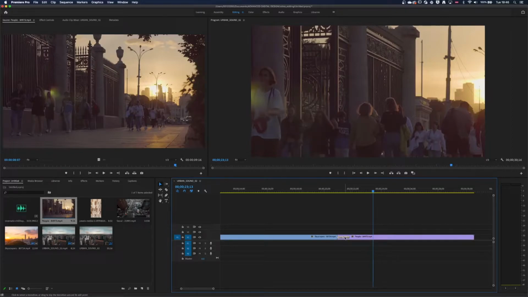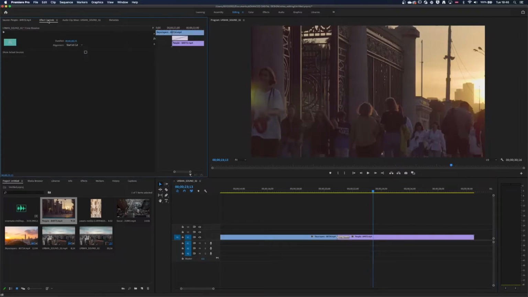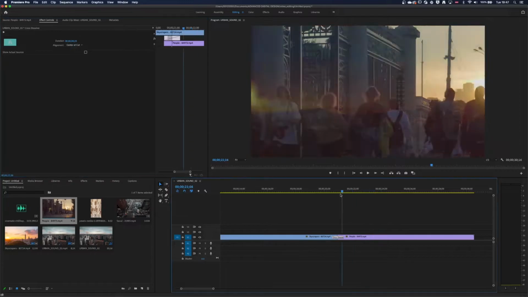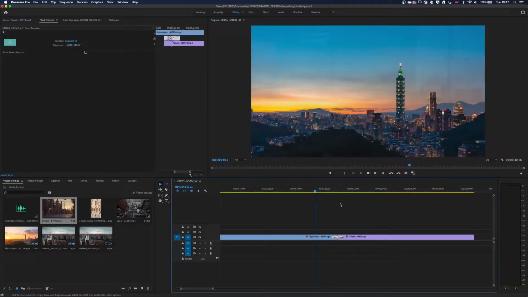You can always change it if you click onto the transition, and then you go up here on effect controls. You'll see that this is a cross dissolve transition, and under the alignment it says start at cut. And actually what I want to do, I want it to be centered at cut. And if I click centered at cut, you will see that it centers it between the two clips. So if I play it again now,